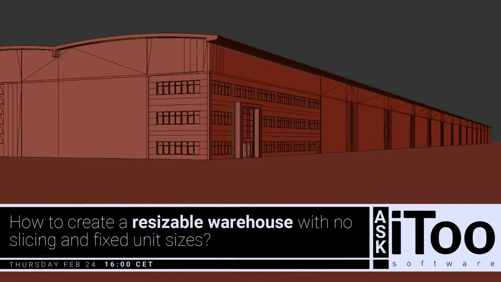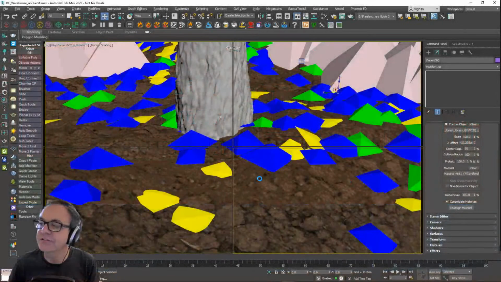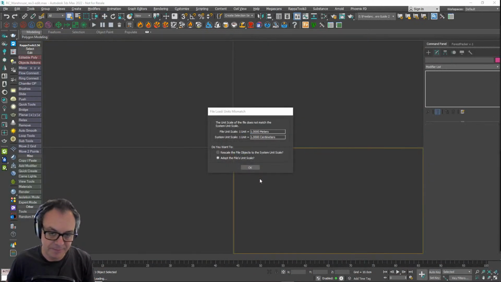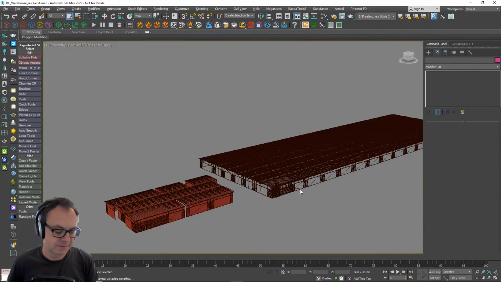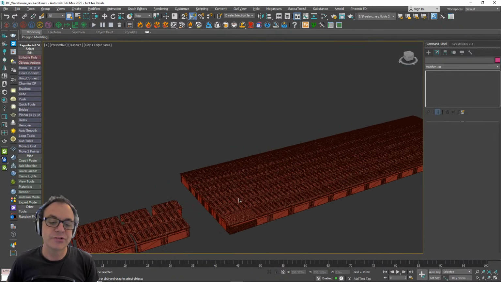So what we wanted to do with this one was to create a warehouse where instead of doing splines and using adaptive mode or setting a measurement, you just set the number of repetitions. Or he wanted to specify the number of repetitions for the warehouse. And I will show you how to set up that kind of thing now. So I'm just going to switch back to my screen capture and wait for this file to load. He was kind enough to let me show the file as well. So thank you for that. I'll show you what we have to start with.